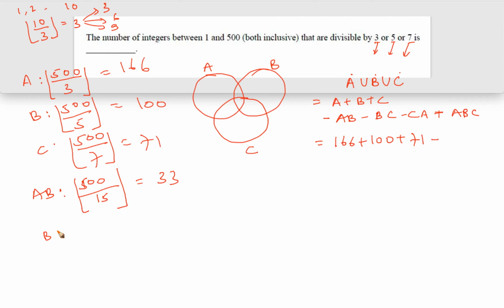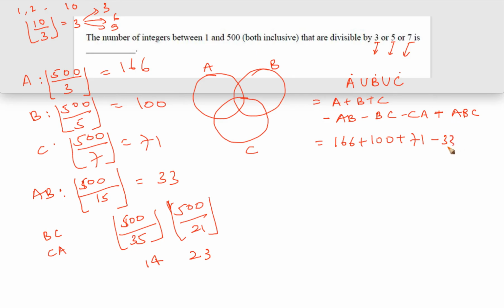And similarly BC and CA. Okay, so in that fashion, see, one will be 500 divided by 7 into 5, right? 35, and one thing will be 500 divided by 7 into 3, which is 21, right? It is floor. Okay, so the one thing is going to be 14, another thing is going to be 23, so minus 33 minus 14 minus 23 plus, now we are coming back to A